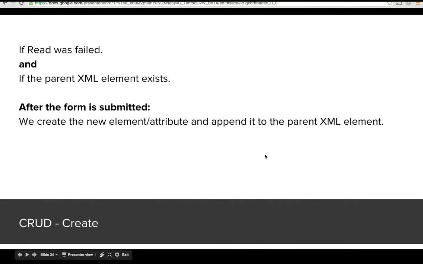That's what it says there. If read failed and the parent XML exists, we'll get into specifically what that's all about when we're messing around with the form. After the form is submitted, we create an element. We create anything that goes inside it, whether it's an element or an attribute, we append it to whatever the defined parent